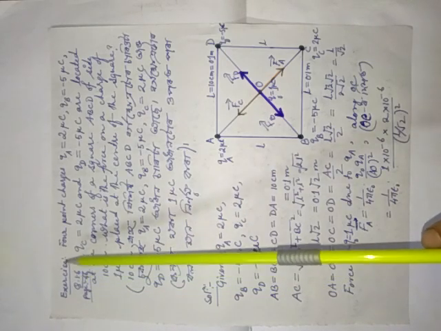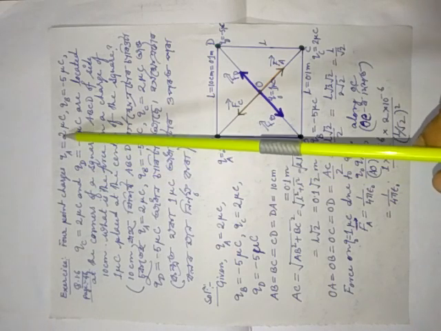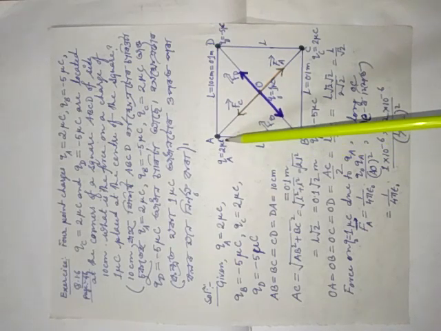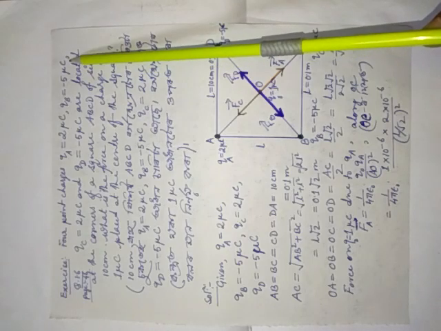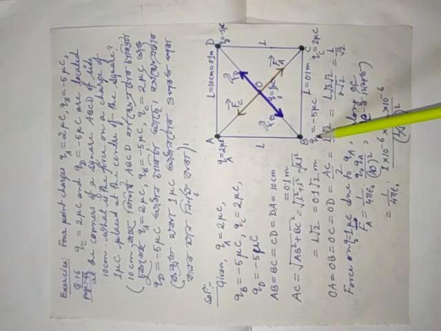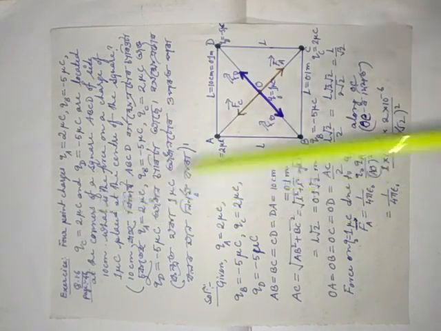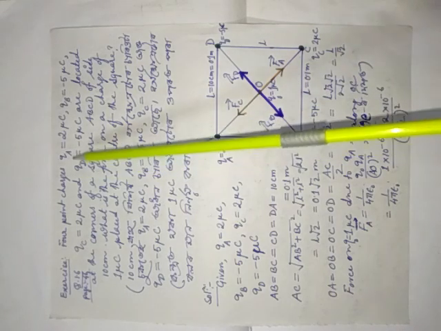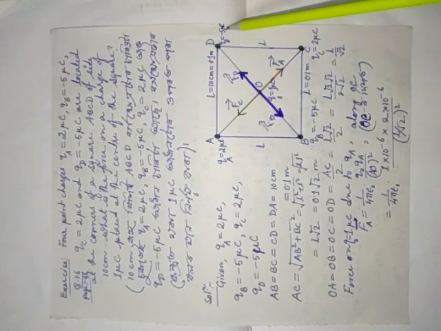Okay, the question is: 4-point charges. QA equal to 2 microcoulomb and QB equal to minus 5 microcoulomb. Micro means 10 to the power minus 6. QB is equal to minus 5 microcoulomb. QC equal to 2 microcoulomb. This is point C. QC is equal to 2 microcoulomb and QD is equal to minus 5 microcoulomb.